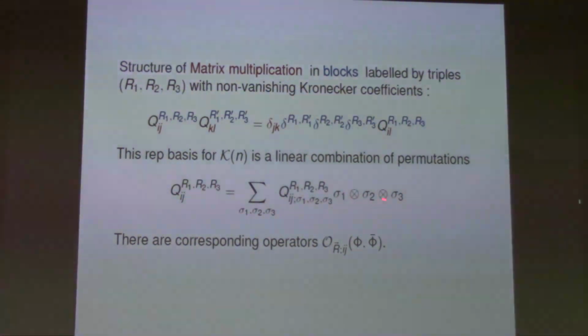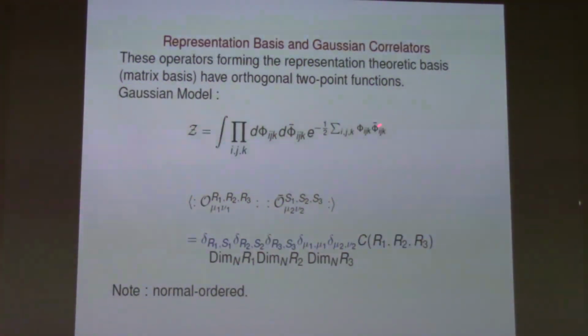And so basically we have a basis for this K of n algebra, which is a linear combination of sigma 1 tensor sigma 2 tensor sigma 3. There's some formula for this, not too interesting, but you can build it. And each sigma 1, sigma 2, sigma 3 is a way of contracting indices, so it's an operator. So for this linear combination, we also have an operator made out of phi and phi bar. What are the nice properties of these operators? Well, if you compute the two-point function in the Gaussian model for these operators, which depend on triples of Young diagrams,